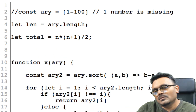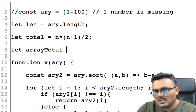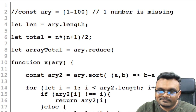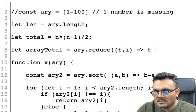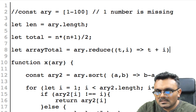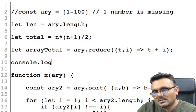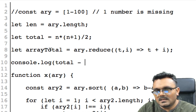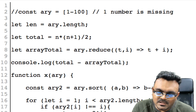1 to 100, and then I would do let's say array total equal to array dot reduce, total i, something like this, t plus i, right? And the console log, basically it should be total minus the array total. So that should, because it, yeah, that should give you the